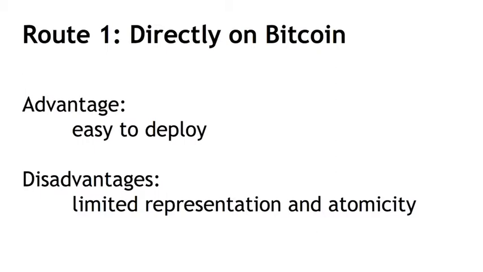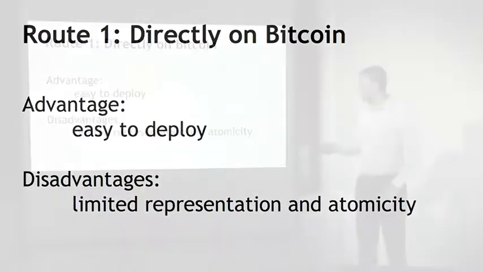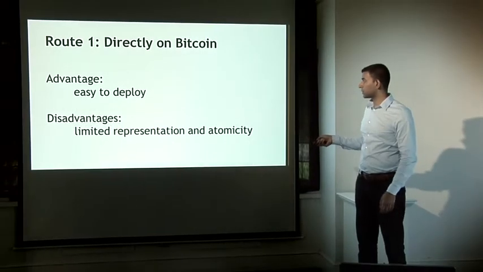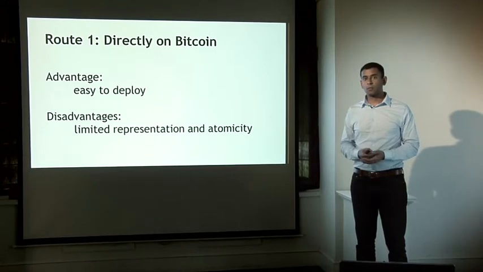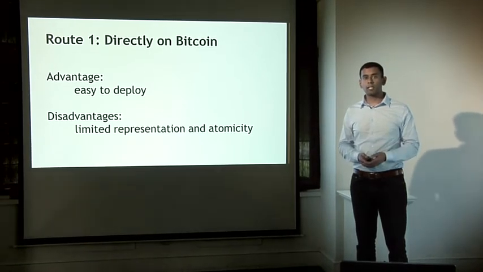On the other hand, even though we were able to use some hacks in this example to achieve representation and atomicity, it's not always the case. There's no fundamental reason to believe that if you have some arbitrarily complex contract between different parties, that it can be represented adequately on the blockchain and that you can execute it atomically. So to get a better idea of what this might look like and what some of the challenges to atomicity and representation are, let's look at a couple more examples in how you might try to decentralize them directly on the blockchain.